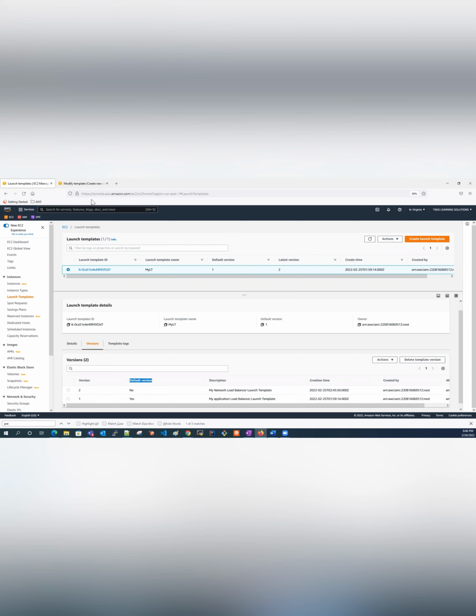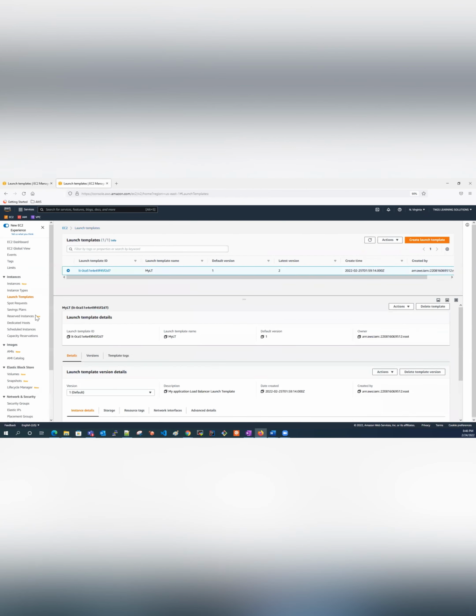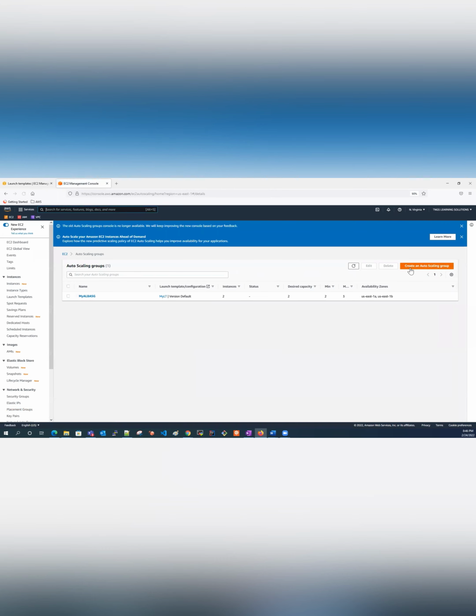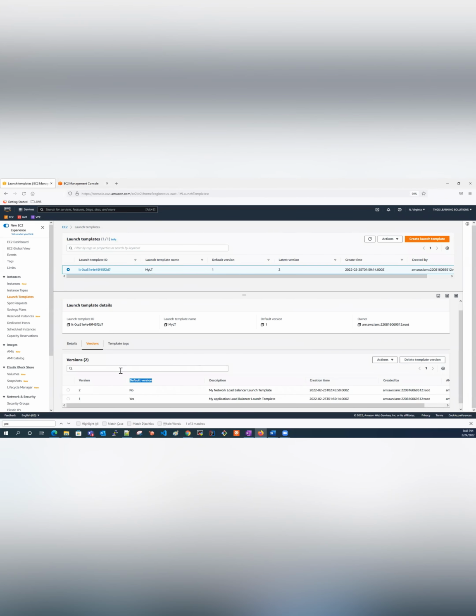Default version means, okay, get out of this. Say we want to go back to the auto scaling group and use that launch template. If I go to the auto scaling group and click on create another auto scaling group, and I click on my launch template, by default, the version that will be selected will be version 1. Now, if I decide that I want to change the default from 1 to 2, because the 1 was the old version,